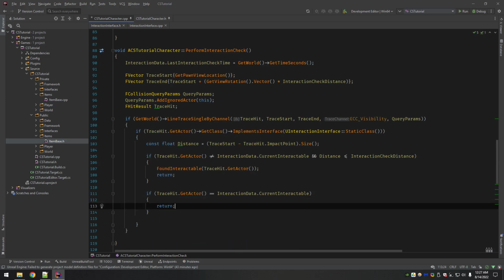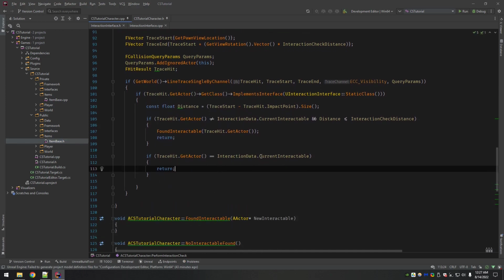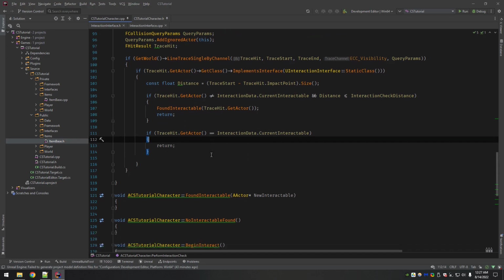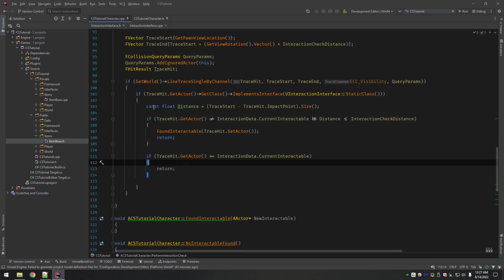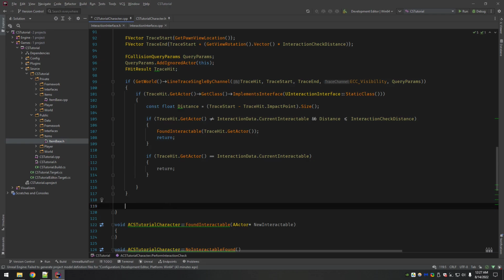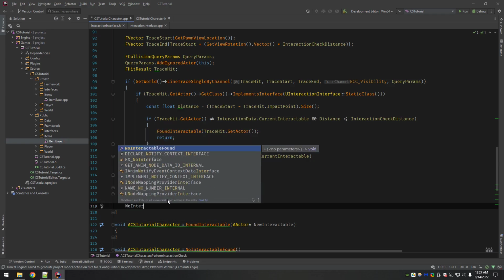Just return, because at this point it means we're still looking at the same interactable, and we don't need to do any other logic. We just need to maintain the current status. Now, if any of these fall through, so if the line trace doesn't find anything, or it doesn't implement the interface, we want to call no interactable found.